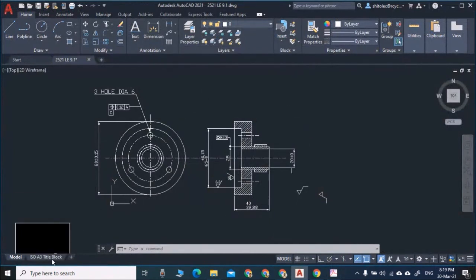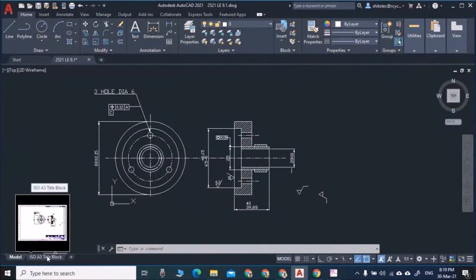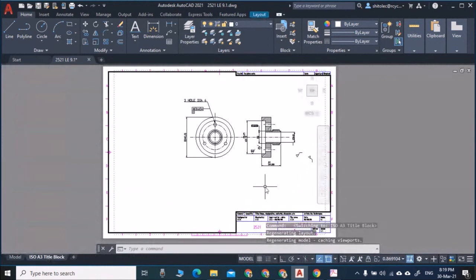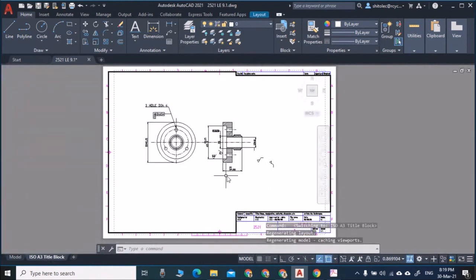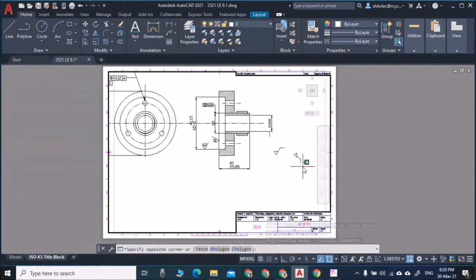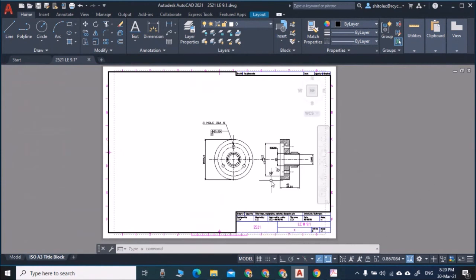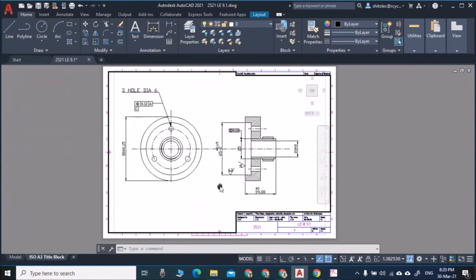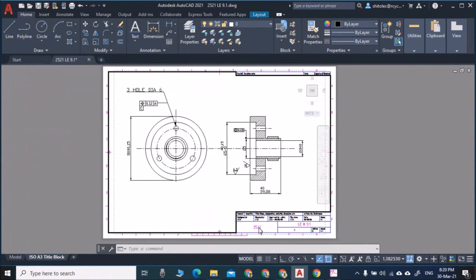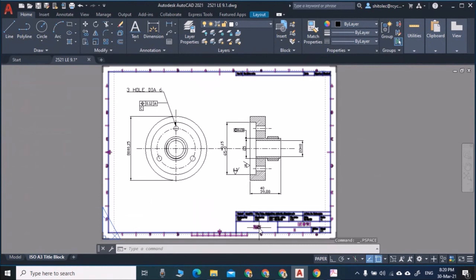And as I told you, it is a title block, and this drawing, see here it will come, and this window is active now. I will delete this part, and you can draw here also, and I can make this like this. Whenever I want to change my ID, I will double click outside the box, and now this border is active.